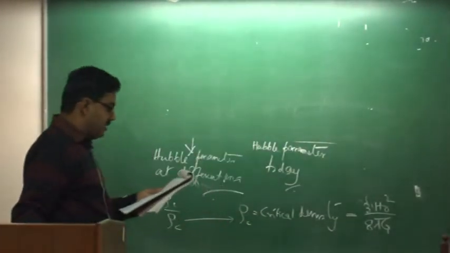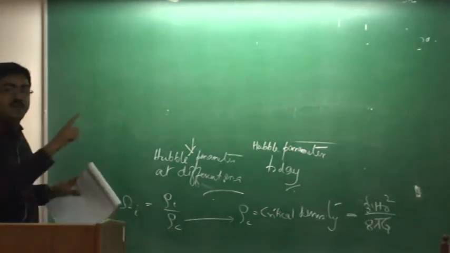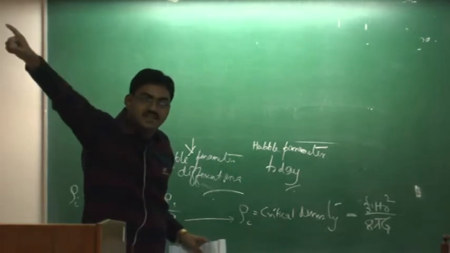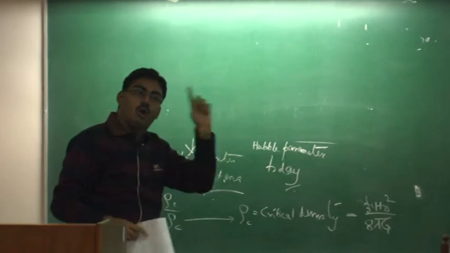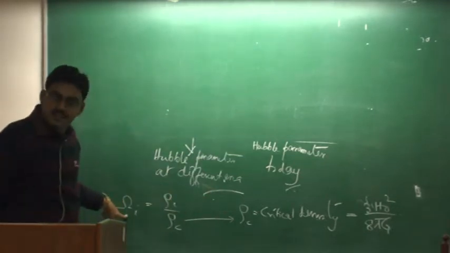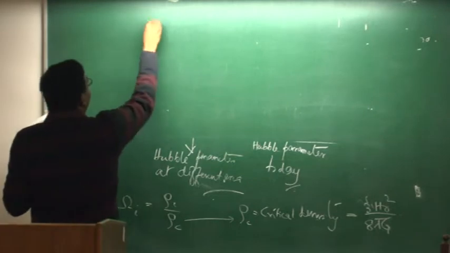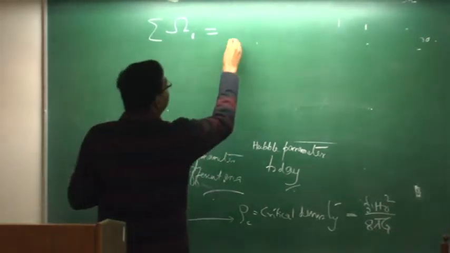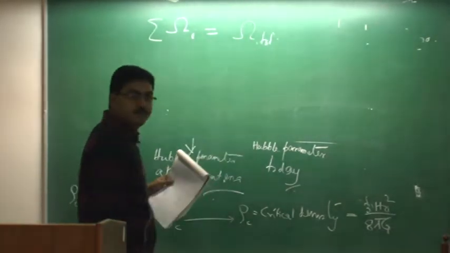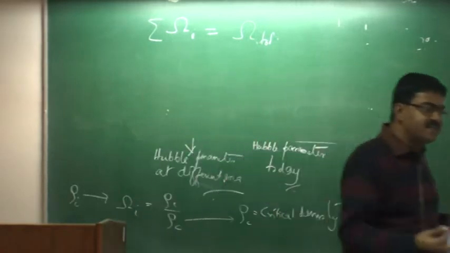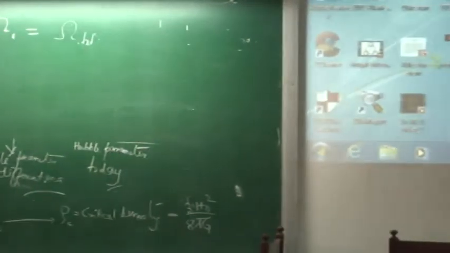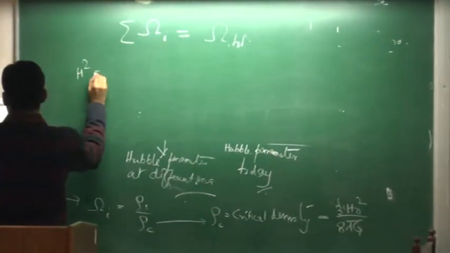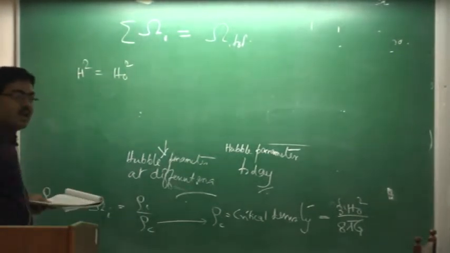So if you do this, now in the Friedmann equations, in the right hand side you have different cosmic species. You have different rho i's sitting in the right hand side. I have written down all rho i's in terms of these new omega i's. So the sum over all omega i's is your omega total. Whatever species you have, you just sum them up and you call it omega total. And if you put that value back into your Friedmann equation, then your Friedmann equation is given by H naught squared